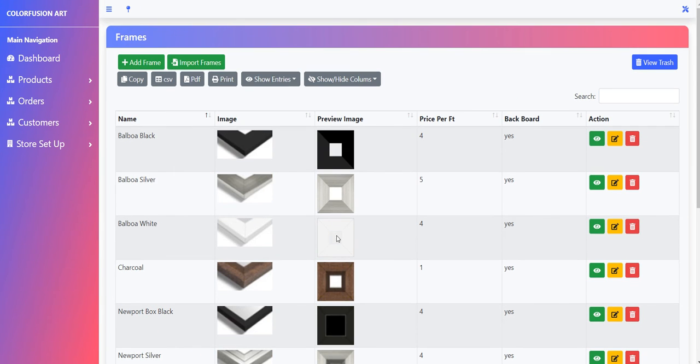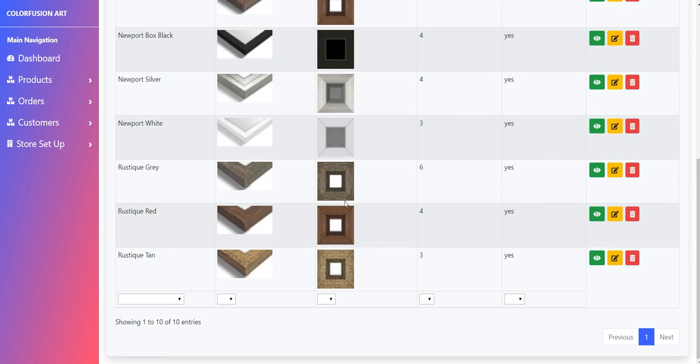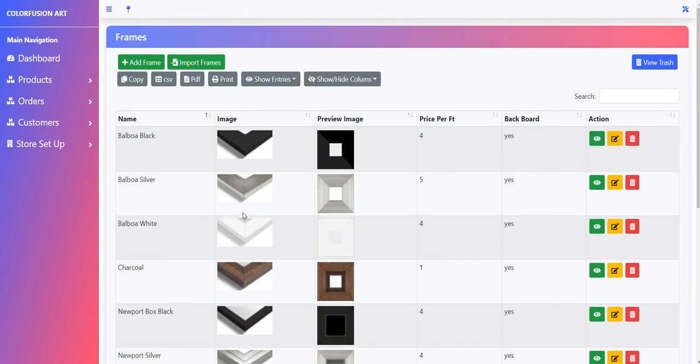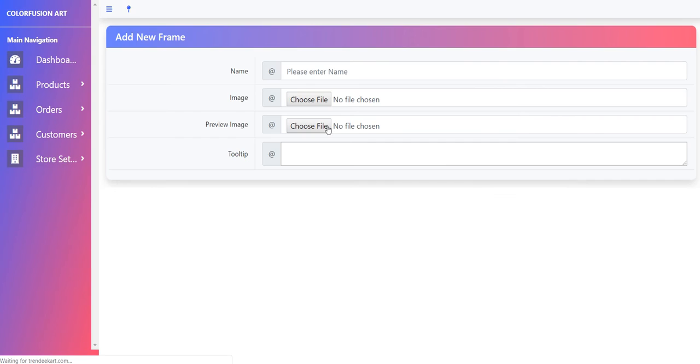Same with the frame. This is the image which is used for showing the frame preview on the product page. I'll come to that later. So these are all the frames which were available on heartbeatstudios.com, and we have taken them from there and added them. And if we go into add frame,